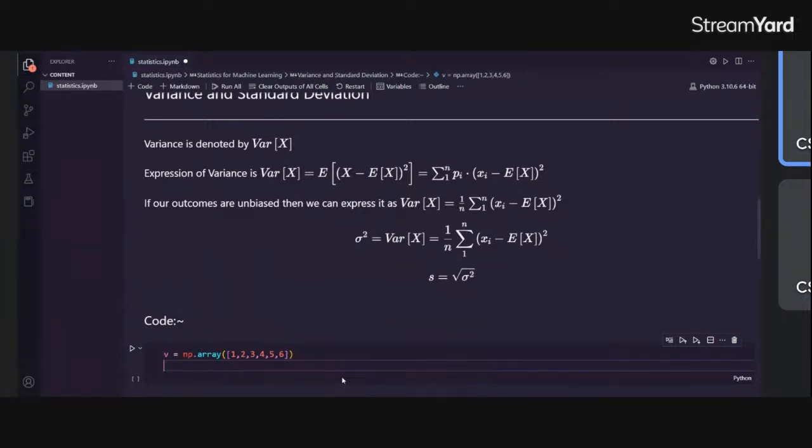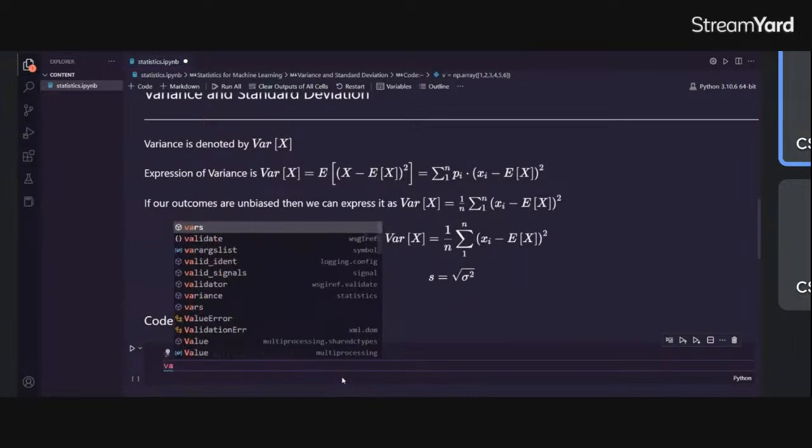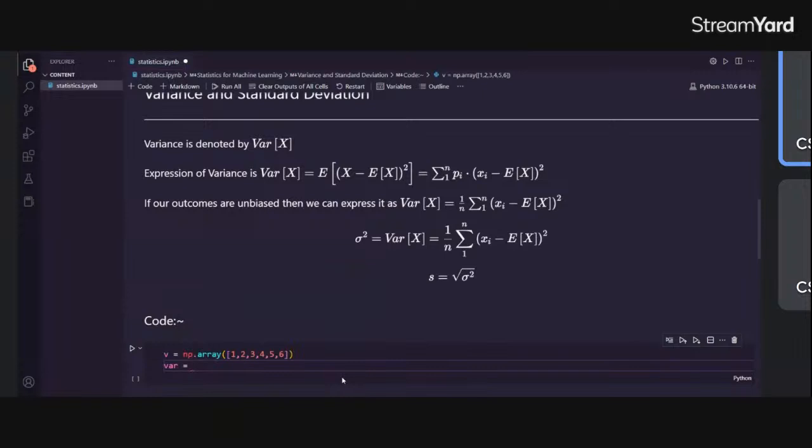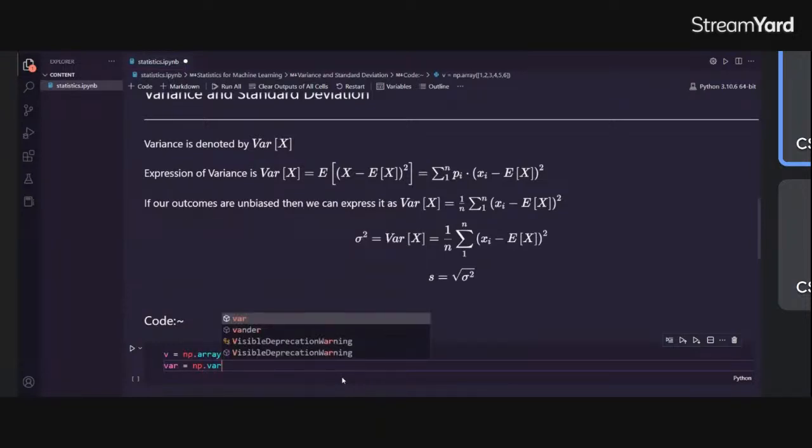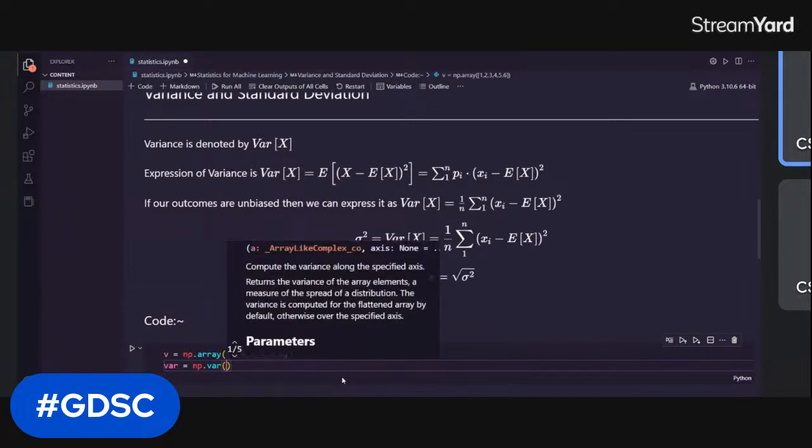So we want to calculate the variance. So var is equal to numpy dot variance. Numpy has a function called var. We will import that, and we will pass the array,